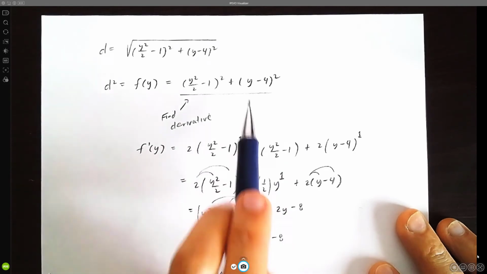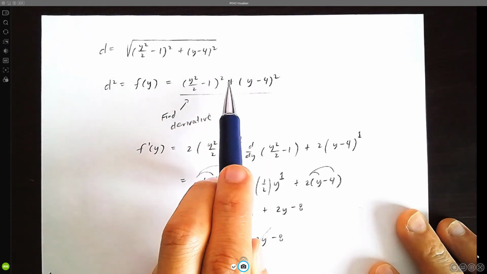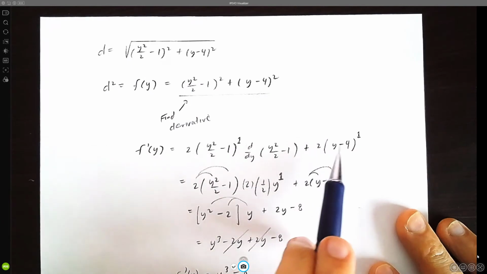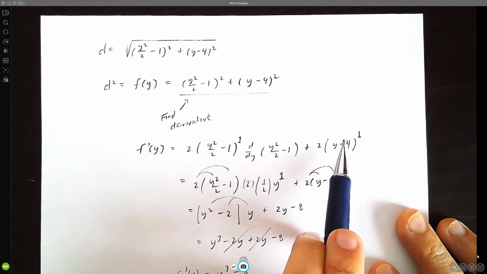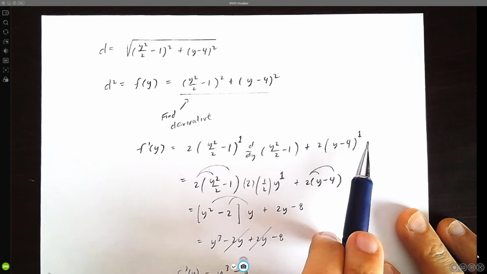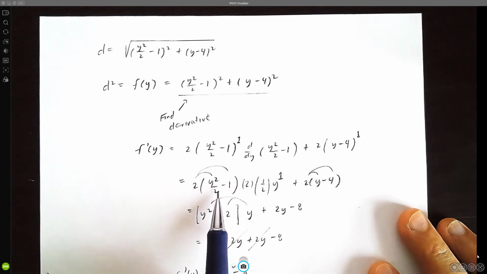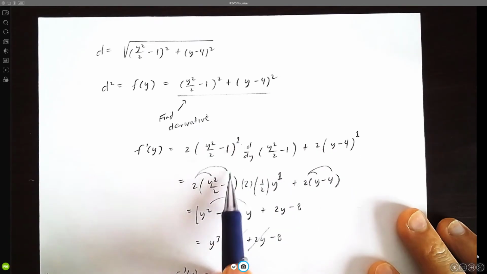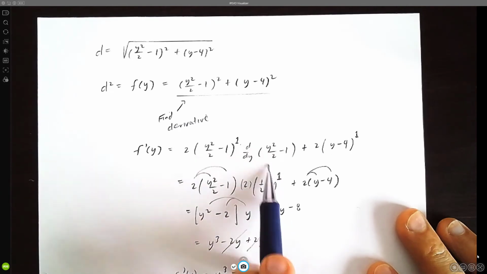Okay, so what about the second part? This is going to drop the 2 down, 2 times (y minus 4) to the 1. And then if you want to multiply by the derivative inside, the derivative of y is just 1, so we're not going to bother writing that. Okay, we're going to simplify this here. It looks like the exponent 1 disappears. And the derivative of the inside here,